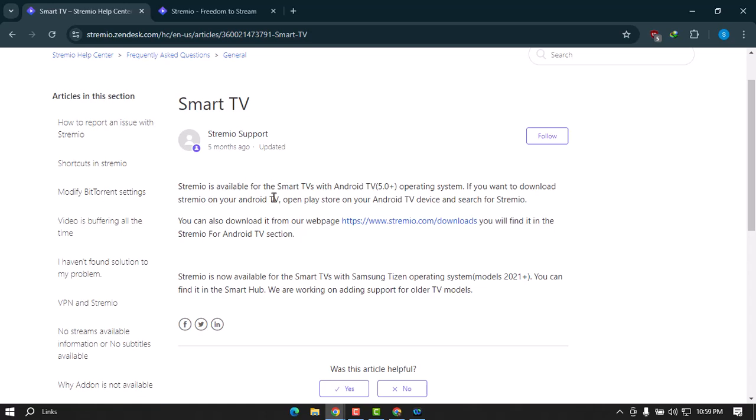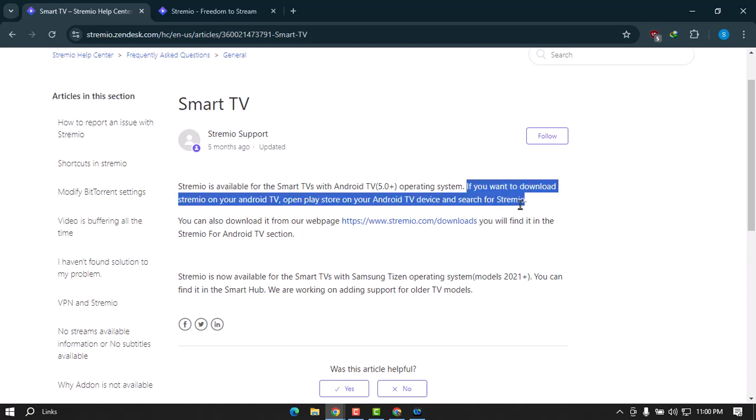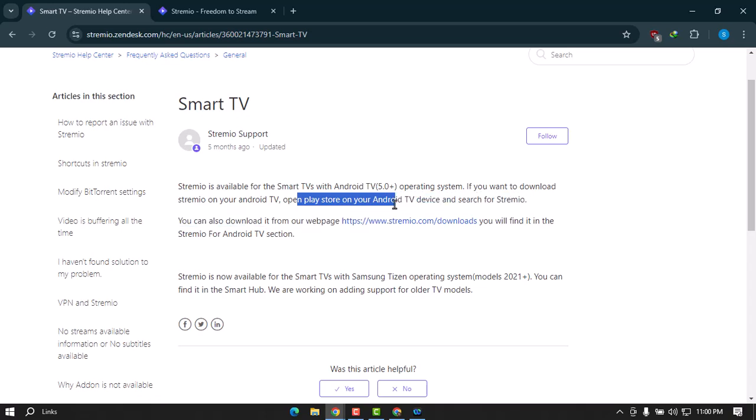Streamio is available for smart TVs with Android 5.0 plus operating system. But if you want to download Streamio on your Android TV, open your Play Store, go to your Android TV device, and search for Streamio. Once you do it, you can also get your Streamio on your Android, and you can also go to their